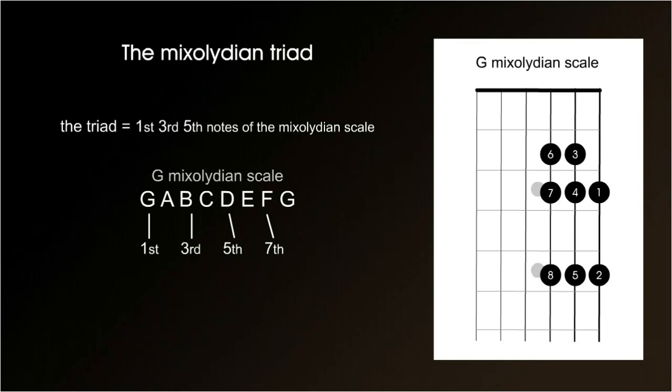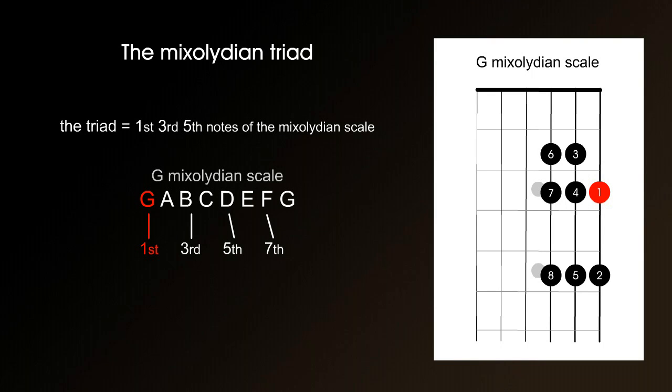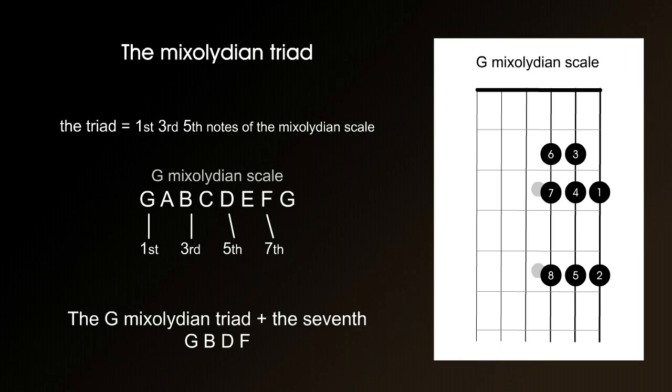The structure of the dominant 7th chord. The dominant 7th chord is derived from the Mixolydian scale, and it uses exactly the same formula as the major 7th chord and the minor 7th chord. That is, the first note of the scale, the third note of the scale, the fifth note of the scale, and the 7th note of the scale. For this tutorial we're using the G Mixolydian scale, and the notes produced by the formula are G, B, D